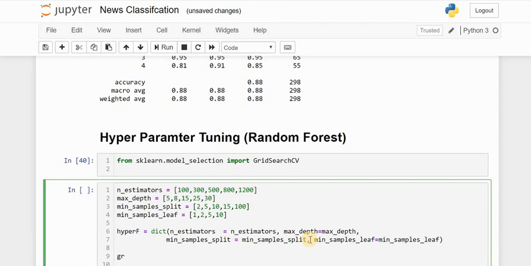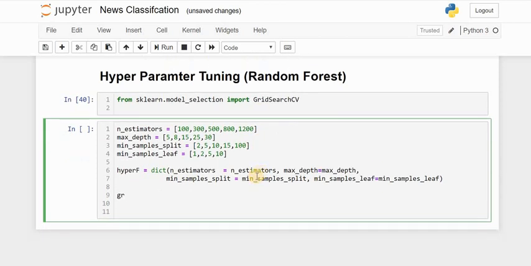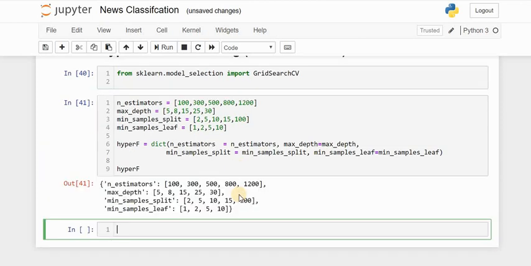So now our hyperf dict is ready. Let's just print what this hyperf actually is. And now let's run this block of code.